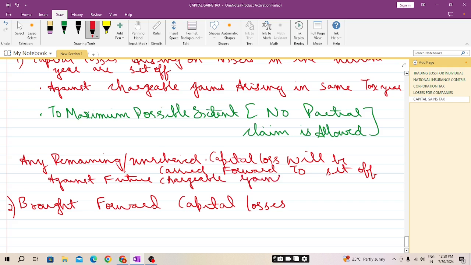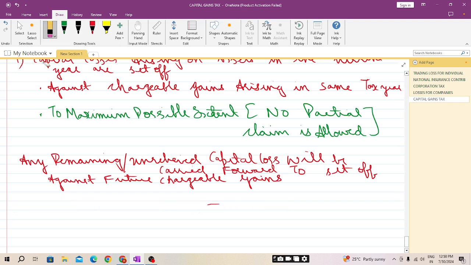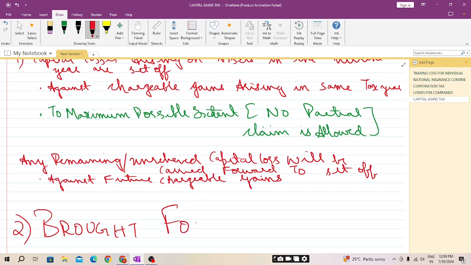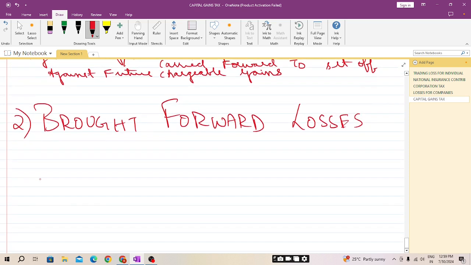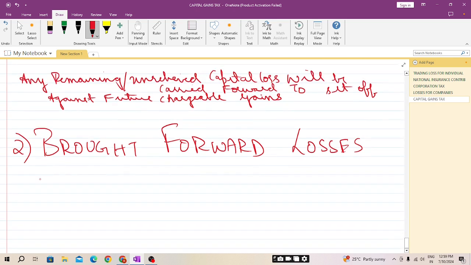Future chargeable gains. I hope this is clear, students. Now coming to the brought forward rules, students. Brought forward loss. As we have seen, students, brought forward loss means brought forward losses